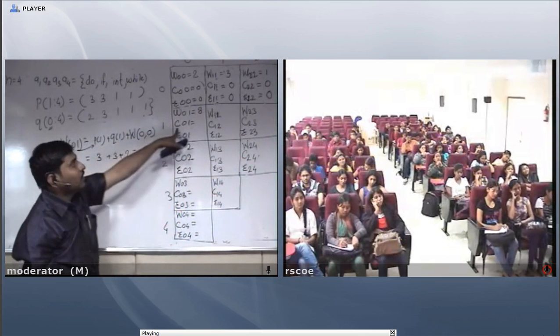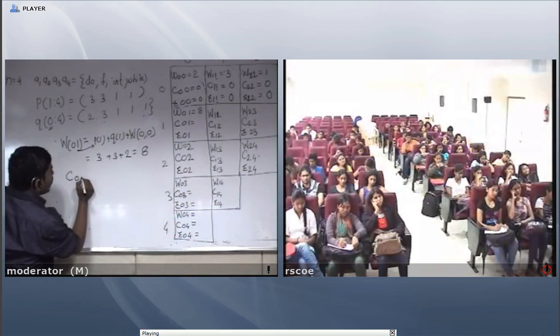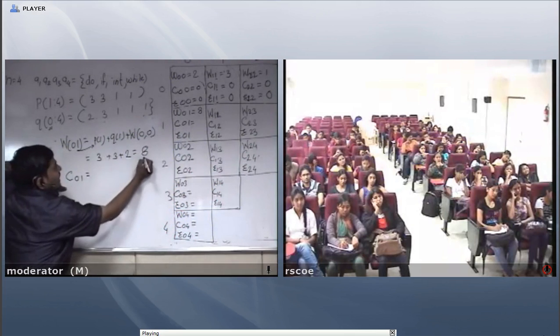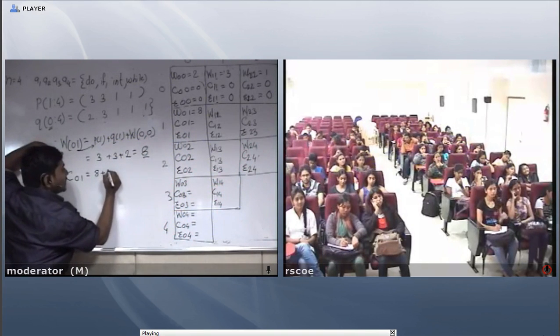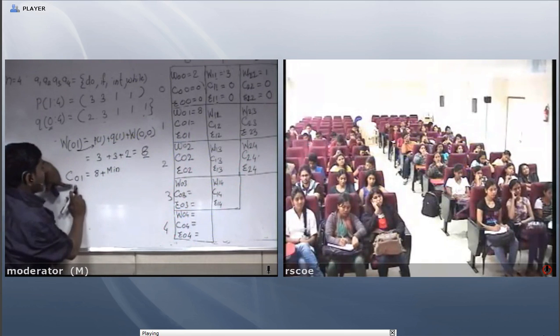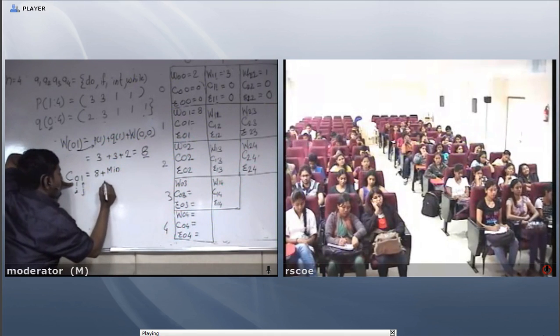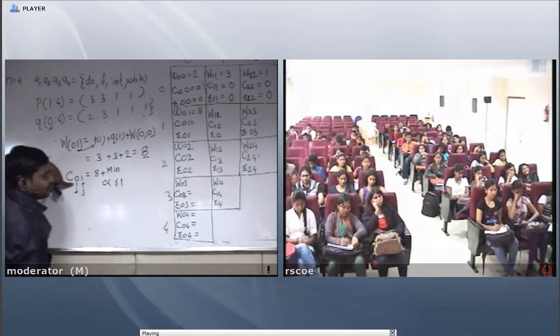Clear? Now I find out the cost from 0 to 1 node. What is the formula? First write W of 0, 1, that is 8, plus minimum. What is the I and j value? I is 0 and j equal to 1. So 0 is less than or equal to 1.